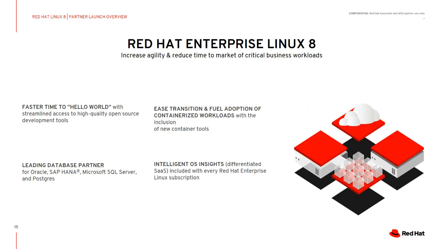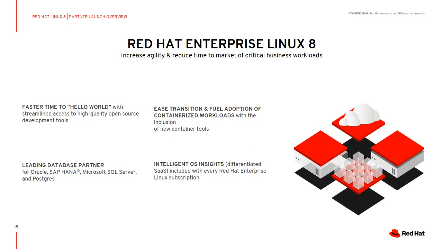So ease transition and fuel adoption of containerized workloads with the inclusion of new container tools. I think you people can understand Kubernetes. Now everybody is talking about Kubernetes, the containerized model, which is part of Red Hat Enterprise platform. So you can integrate even from the previous model. Now it is very intelligent, better than the previous versions. So you can integrate and attach along with machine learning to keep your critical workloads across